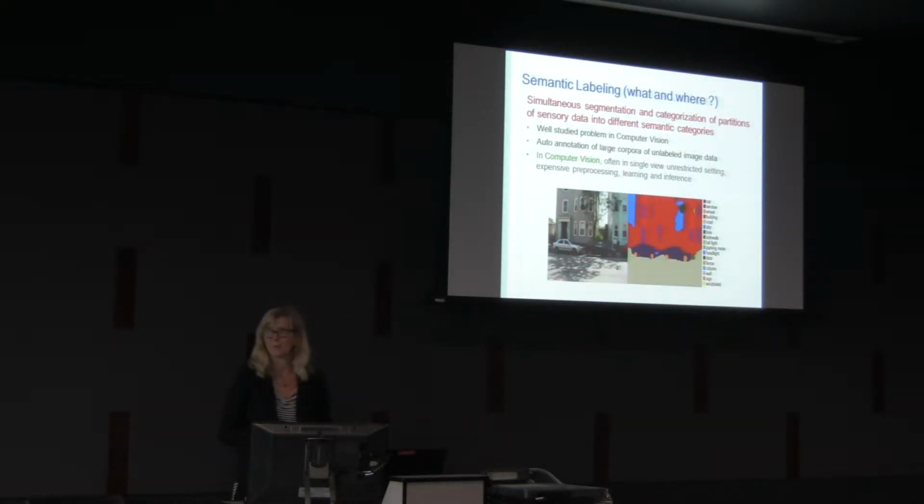So what is the problem of semantic labeling? It is the problem of simultaneous segmentation and categorization of partitions of sensory data into different semantic categories. And this is a very well studied problem in computer vision, and I would like to spend a little bit of time on how tackling this problem in the robotics setting is different and what are both the